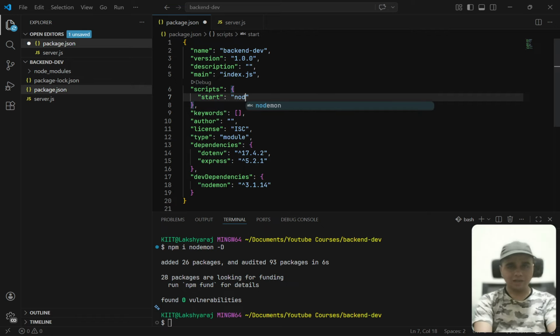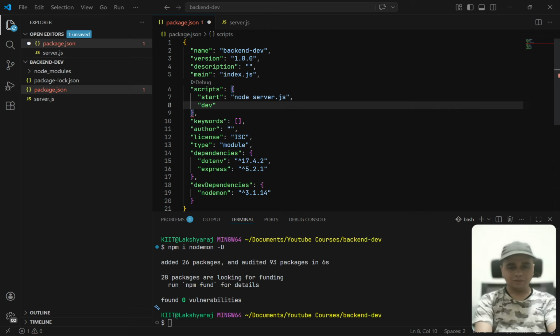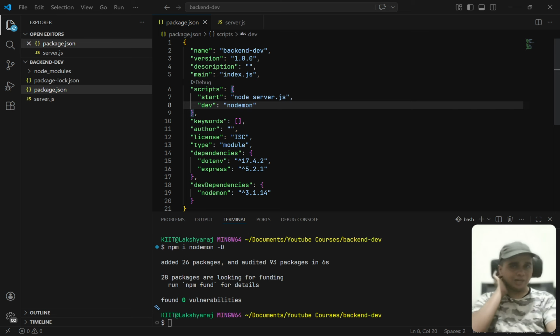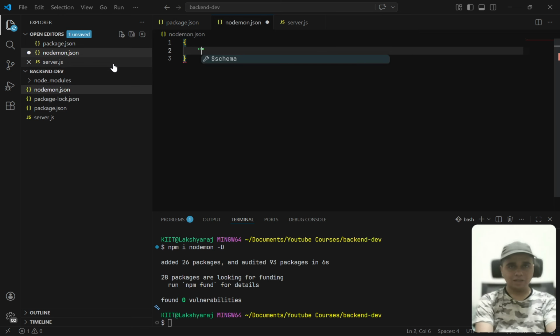Now for start, I'll just simply run node server.js. Okay, node server.js, and then I will write here dev. What is for dev? I'll just write nodemon. And after writing nodemon, I'll create a nodemon.json, that is the nodemon config,